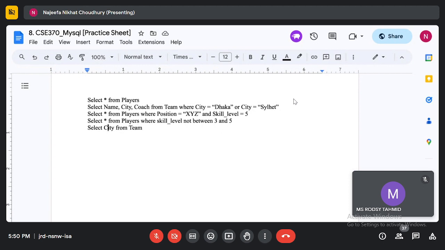So instead, if I just do select distinct city, then even if Dhaka is stored 10 times in my team table, it will only be shown once to the user. So this is very useful when I just want to get a list of all the unique values inside a column. So just before the column, if I write DISTINCT, then only the unique values will be shown.